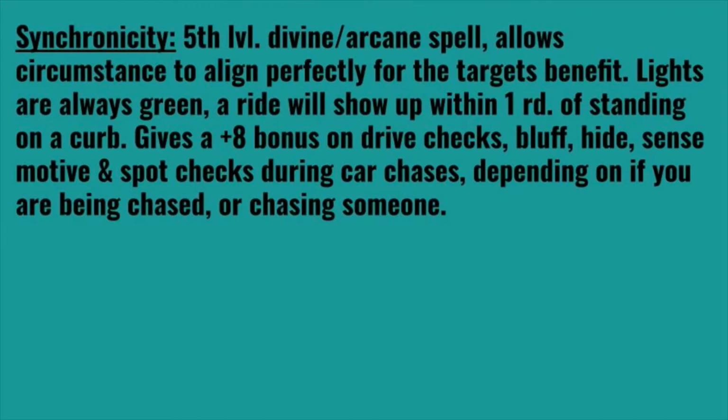This is because the spell essentially generates a wide field that conspires in such a way to get all drivers, pedestrians, and just sheer fate and circumstance to work in your favor. So, if you're looking for a specific car and it's hiding behind a truck, suddenly that truck is going to have to merge and make a right, thus clearing your path and allowing you to see the vehicle that you're